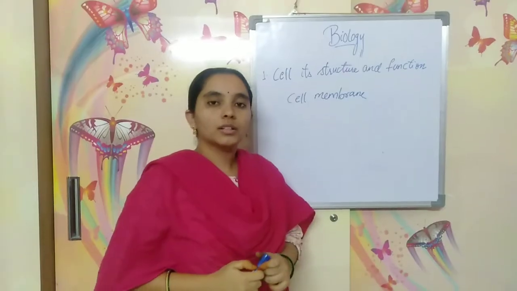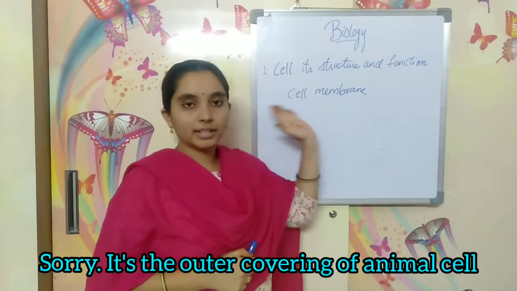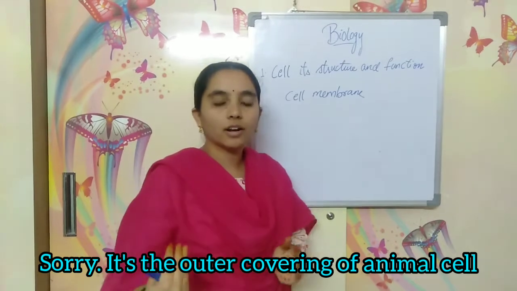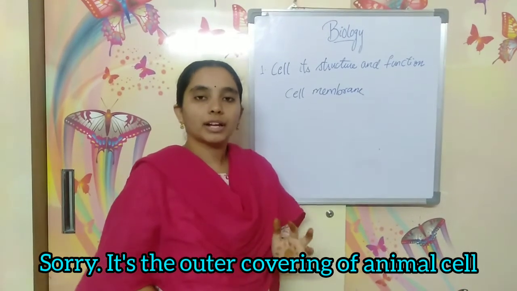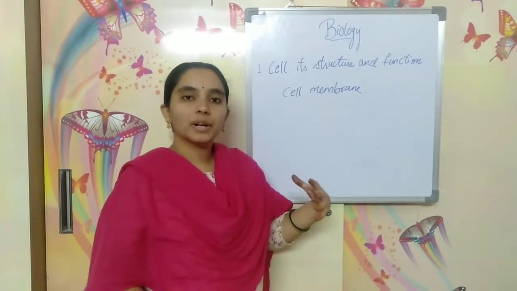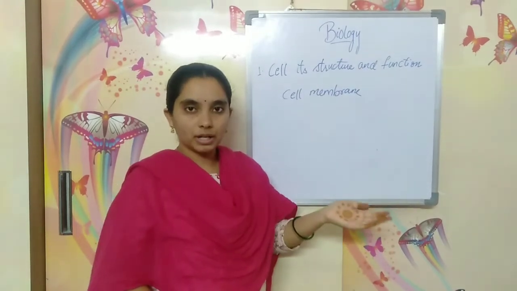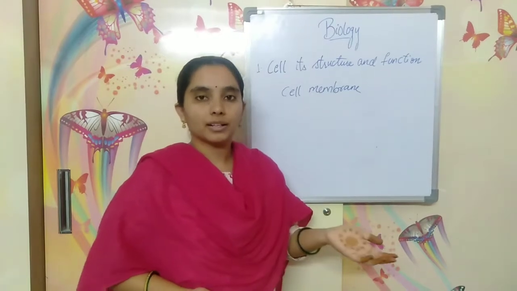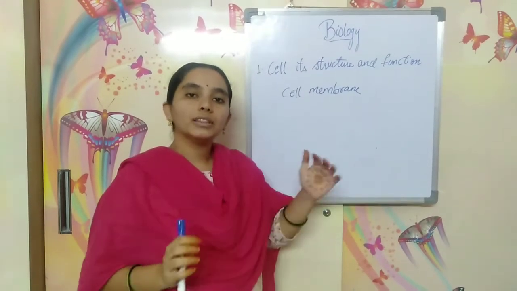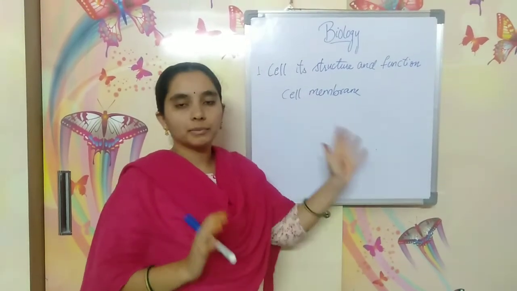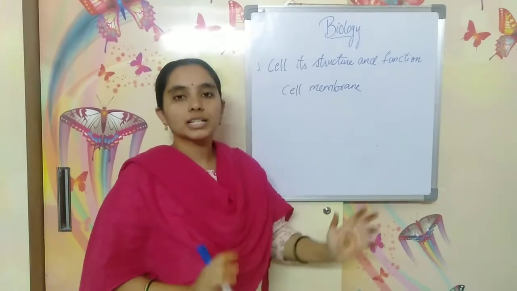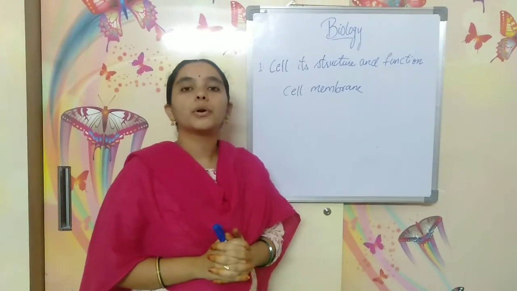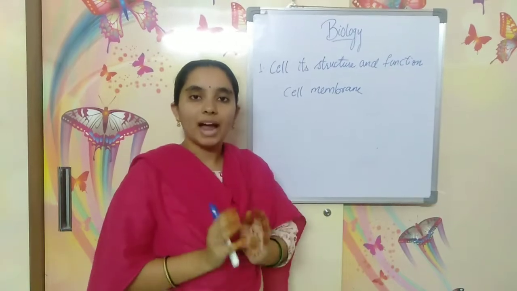Cell membrane is the outer covering of the animal cell, whereas in plant cell, on the outer side of the cell membrane, the cell wall is present. The main function of the cell membrane is to protect the cell and to give shape and size to the